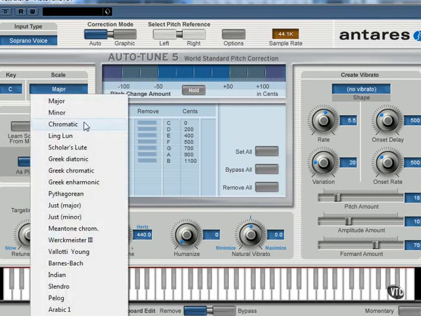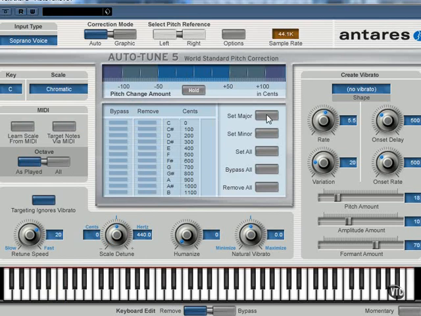If I instead invoke chromatic and choose to set major, and now play the piece of music exactly the same,